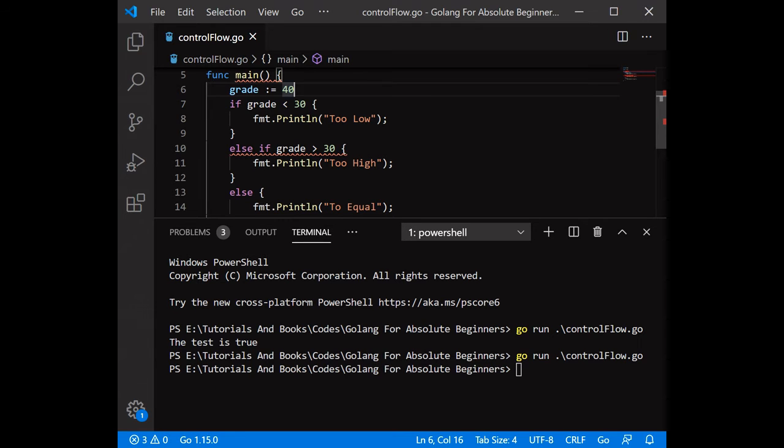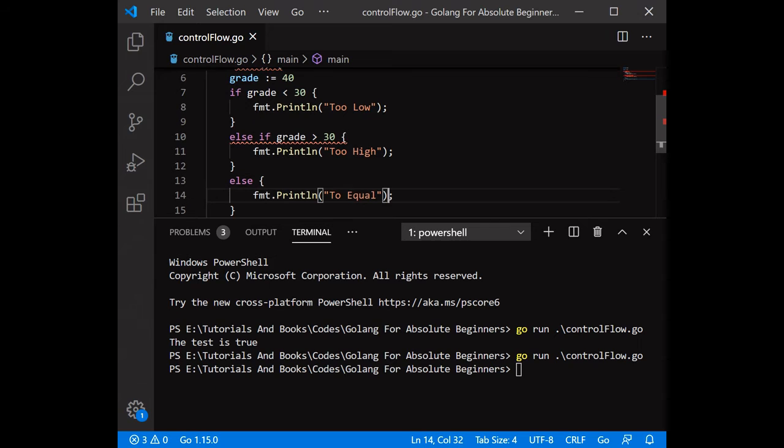See, if the grade is less than 30, this will print too low. If the grade is greater than 30, the compiler will print too high. If the grade is equal to 30, then the compiler will print too equal. So let's run this program now.